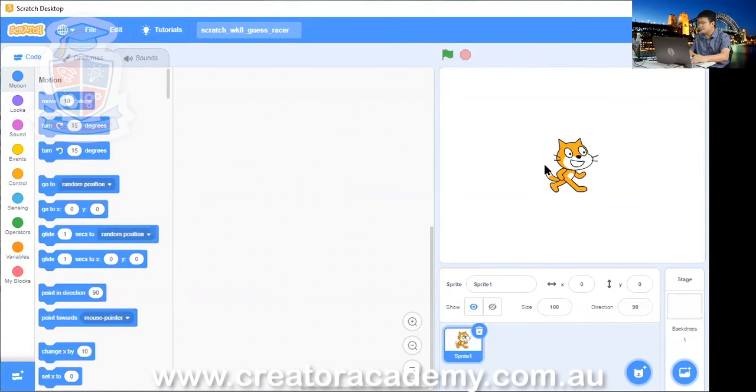On the right-hand side, we have the cat, okay? We just leave that cat alone for now. We're going to use him in today's lesson. And then down the bottom, we have a cat here as well. So this is the list of sprites that we have. And down the bottom here, this is where we choose a sprite if we want to add sprites. And down here is where we add backdrops. We change the background, okay?